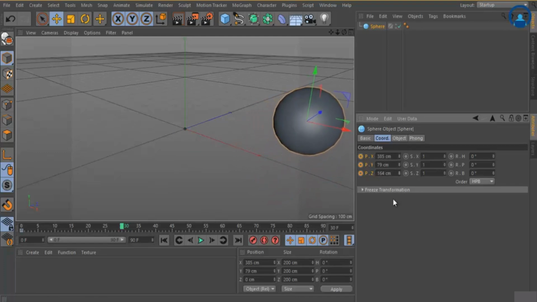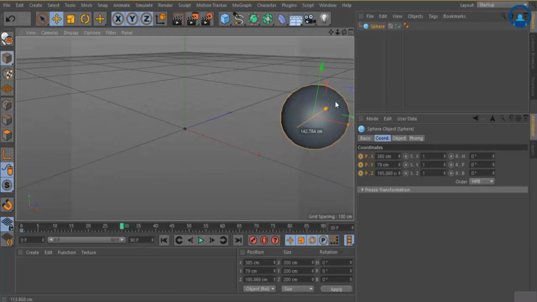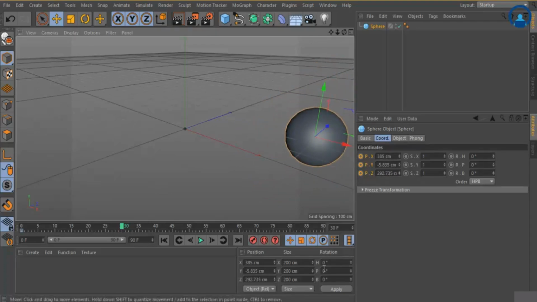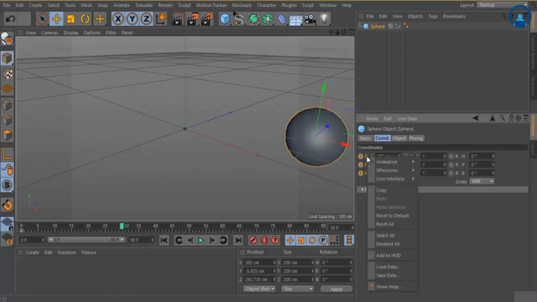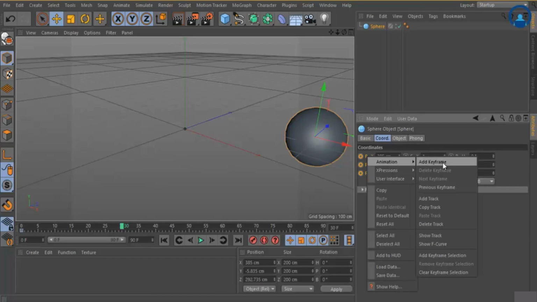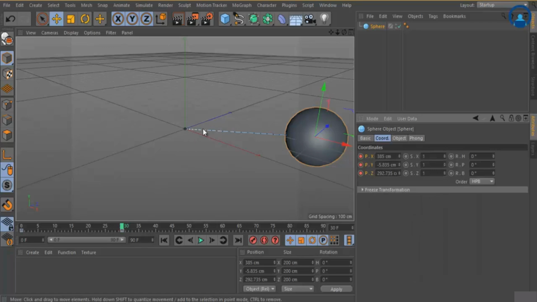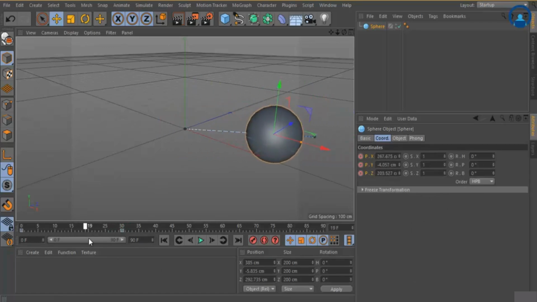Whatever property you want to change, you can directly change it, or you can use these arrow keys to move these properties. And again I have to click on P, animation, add keyframe. So you can see it's showing me the motion path over here, and we can animate this property like this.